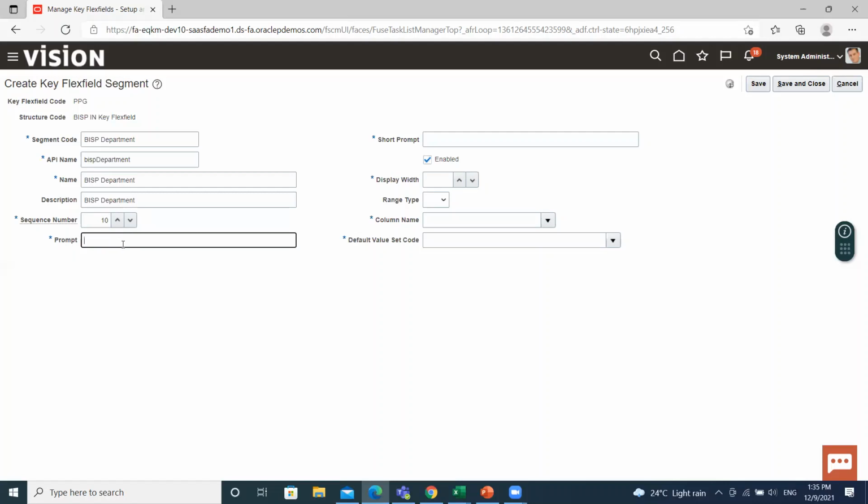Then prompt and short prompt. Then display width. Column name.